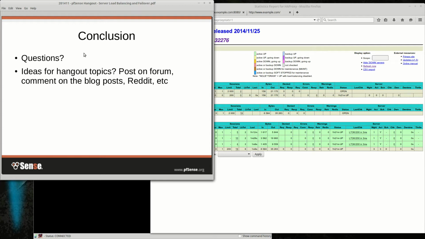Any way to do multiple ports, such as port 4000 goes to the pool on 4000, 4001 goes to 4001, without doing multiple load balancers? Not that I'm aware of. Sorry, Aaron. I think you do have to have a separate one for each one. I don't think there's a way to automate that. At least not with RealAD or HFProxy that I'm aware of.